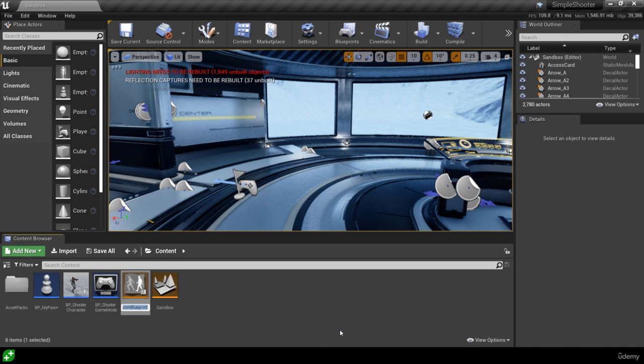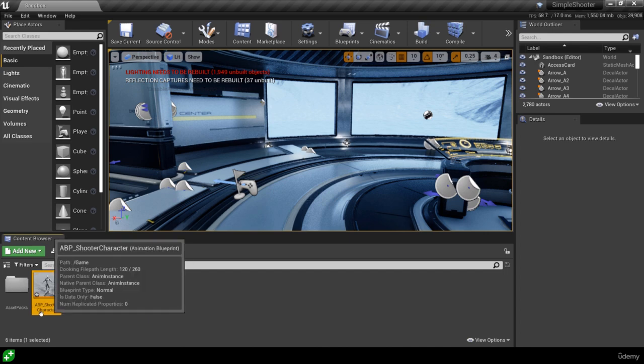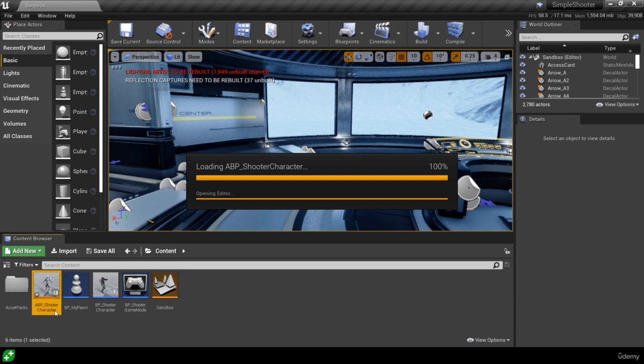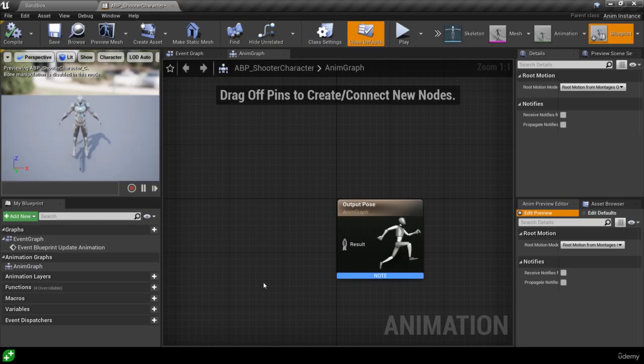And then for naming convention, we start with ABP underscore, and I'm going to call this just shooter character, basically, because we've got that different prefix. I think it's clear enough. It's the animation blueprint for the shooter character. So if we go ahead and open up that animation blueprint and dock it to our main window, then we're